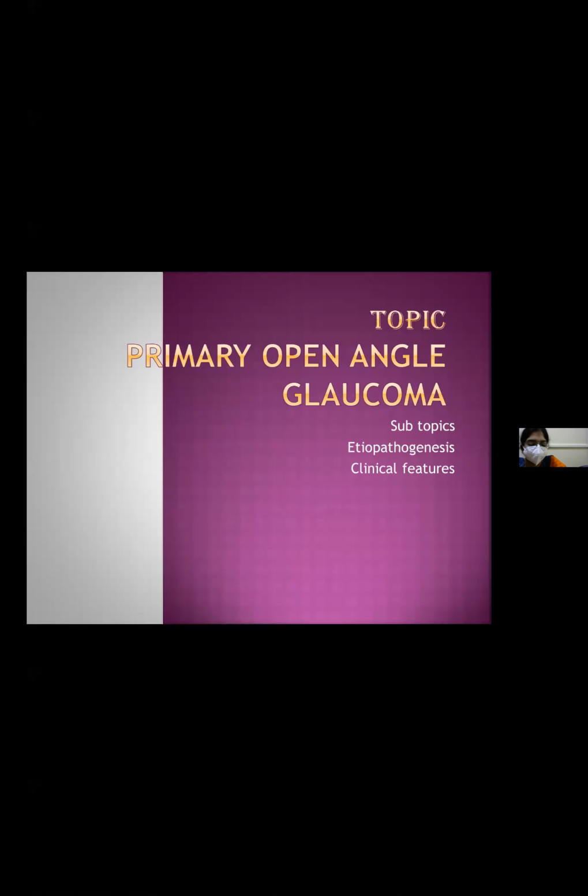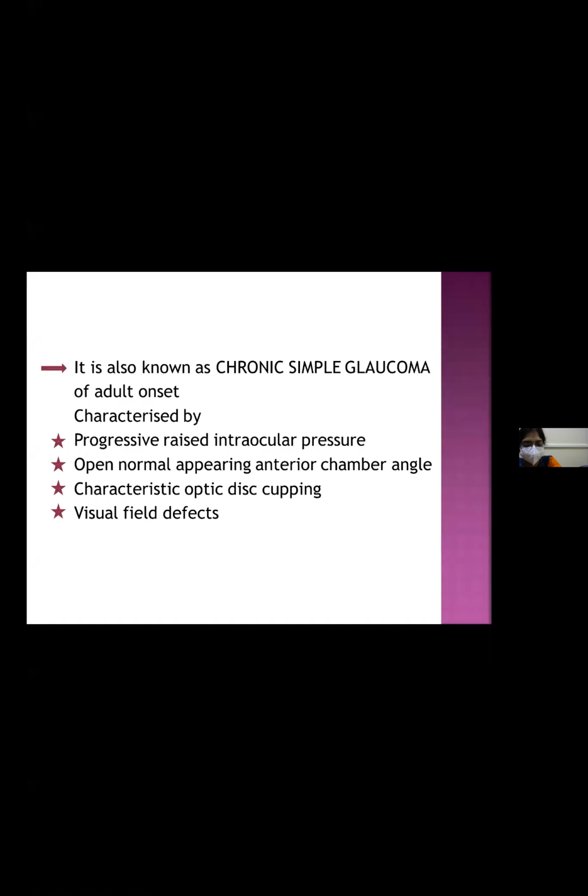Good morning, all. Today, my topic is about primary open-angle glaucoma. It mainly deals with the etiopathogenesis and the clinical features. It is also known as chronic simple glaucoma of adult onset, characterized by slow progressive rise of intraocular pressure greater than 21 mm Hg, and an open normal anterior chamber angle, and characteristic optic disc cupping, along with specific visual